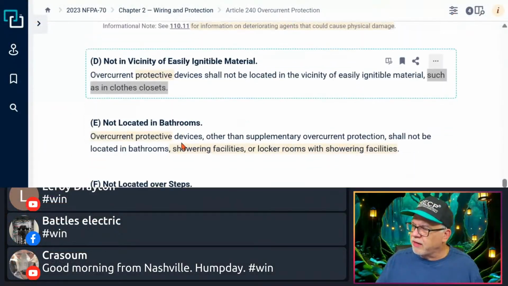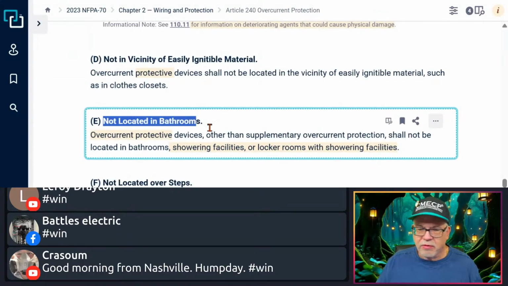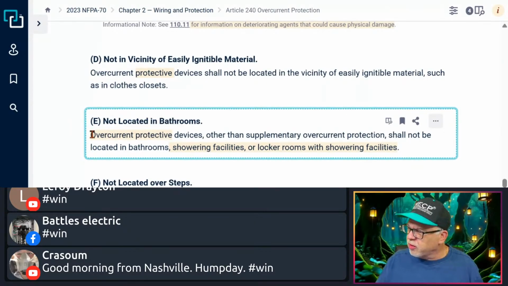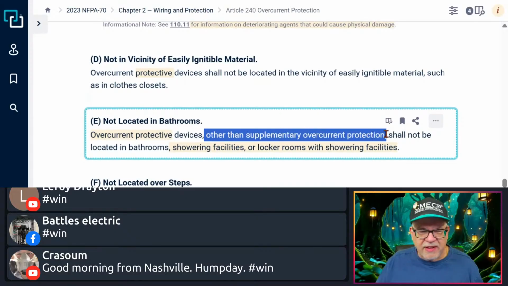So now here's this one right here. Look, not located in bathrooms, right? So it says overcurrent protective devices. And notice it says other than supplementary. Remember I've been saying this? So it says other than supplementary, which may be integral to a piece of equipment that is in that bathroom,